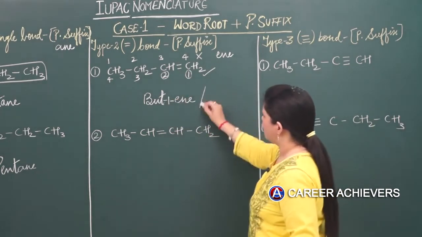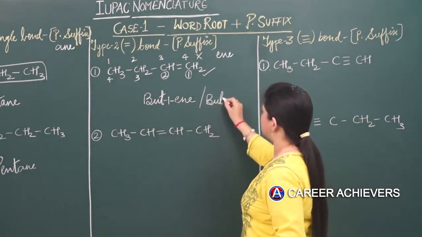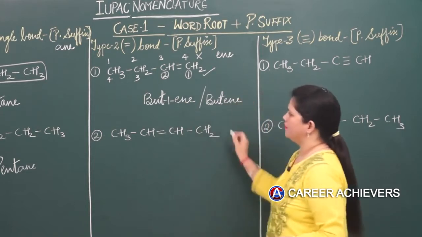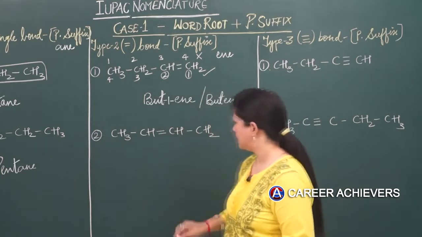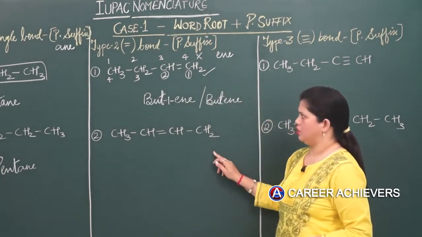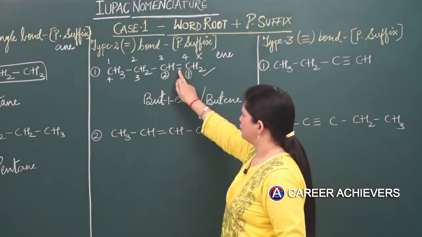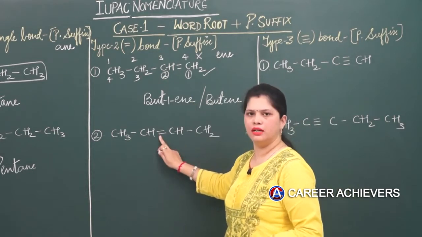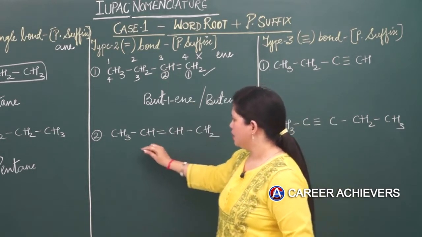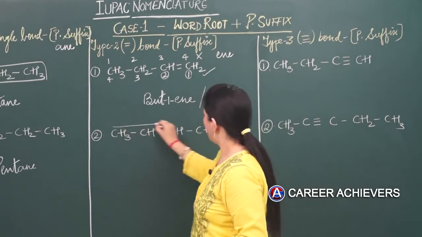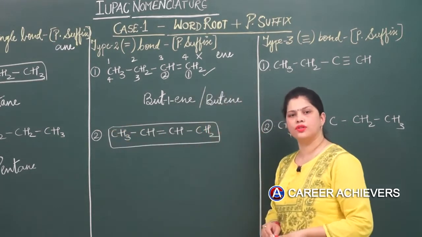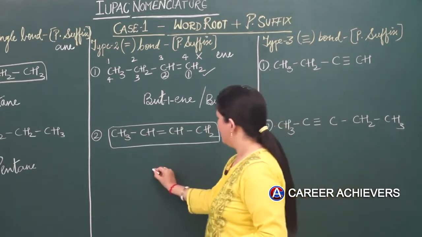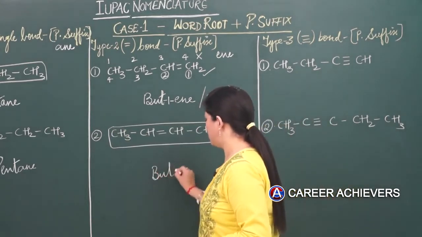but1ene, and normally also we can write it as butene, because if we are not writing any number, it's the 1st carbon only, right? Now talking about this molecule, if we see the position of this double bond, I have shifted it in between these 2 carbons. Again this molecule has 4 carbons in the straight chain according to the first rule to select the longest chain. So the word root again is but.